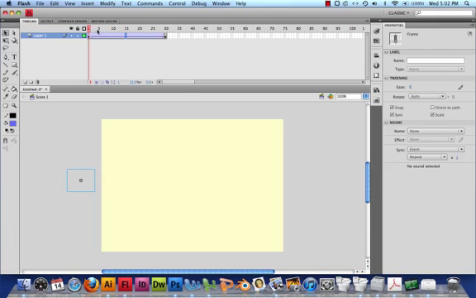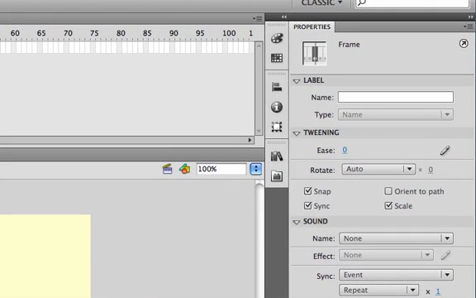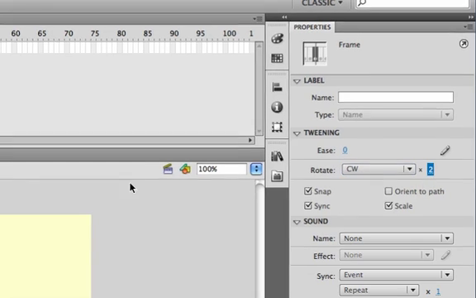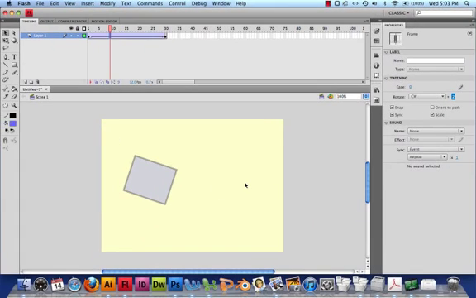Another element that I can do with that, other than just having it move and change opacity, is that I can, anywhere inside this tween, go over to my frame properties, and there's a rotate option, and I'm going to say rotate clockwise, and I'll choose maybe 2 times. So what's going to happen is during the length of this classic tween, this box is going to rotate 2 times. Sometimes it looks like it's rotating more, but that's just because it has to go all the way around. And I'm going to control test movie,